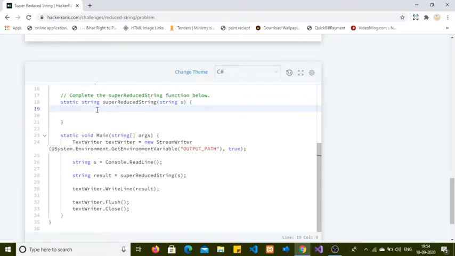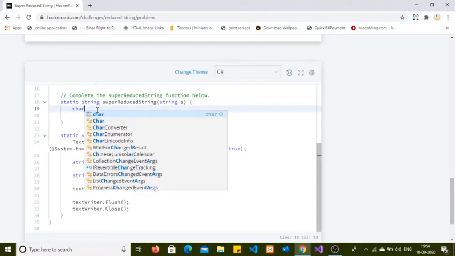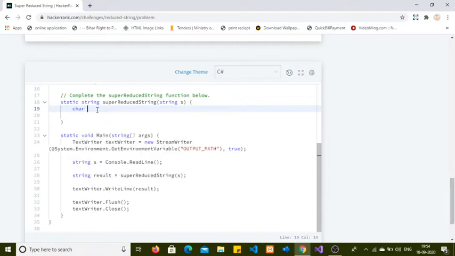So I am creating an array of type character, input. Input is equal to s.toCharArray. I am converting it into a character array so that we can individually change any index of the item, and for that we can determine whether we visited this index or not.